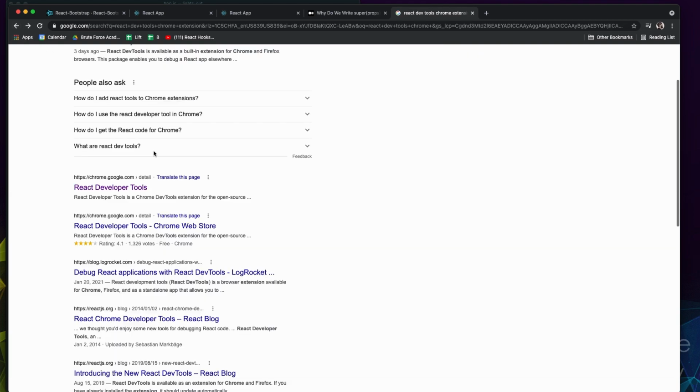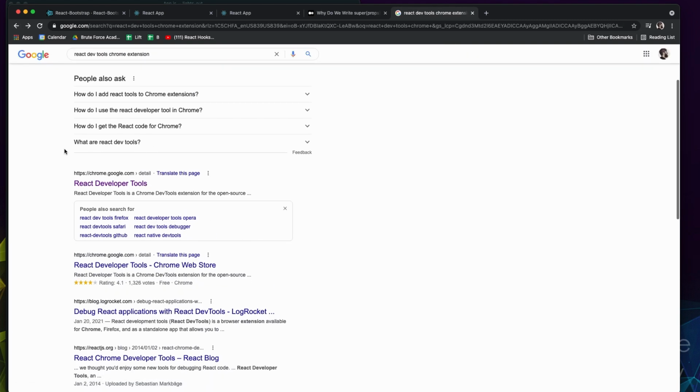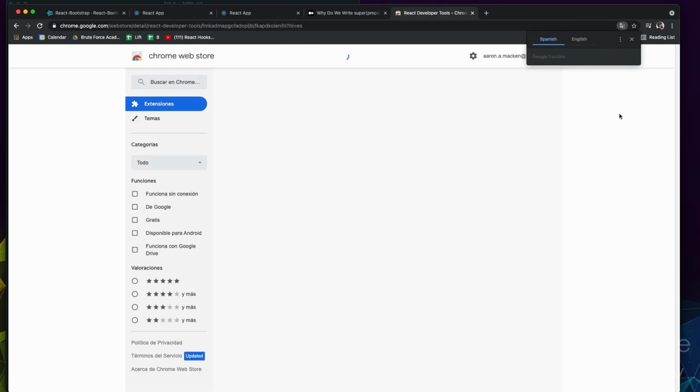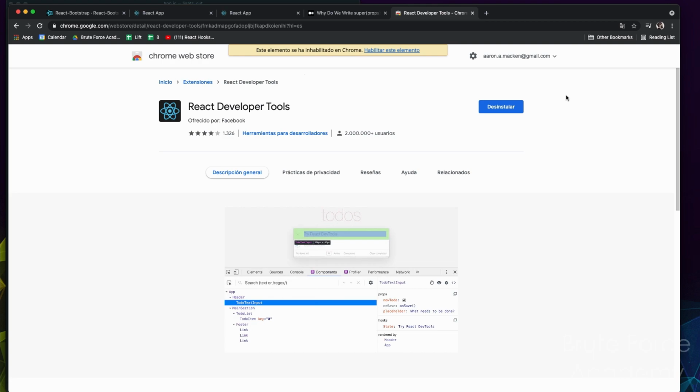I don't know what's going on. I think I had a FedEx email and everything showed up in Spanish. Hopefully for you, it doesn't show up in Spanish, and I'm not a Spanish guru by any means, but I think deinstaller probably means like deinstall or uninstall. So for you, hopefully, if you don't have this installed, it would just say install, right? Or if you do have it installed and for some reason it's showing up in Spanish, it would say deinstaller,